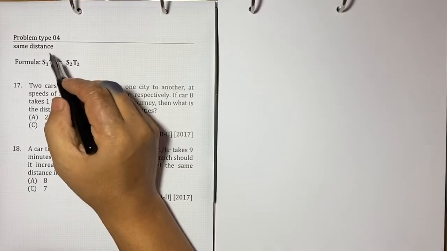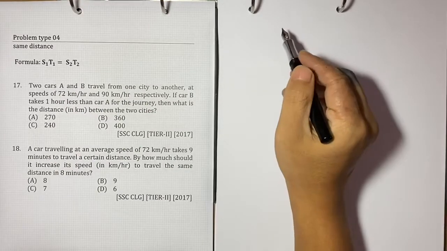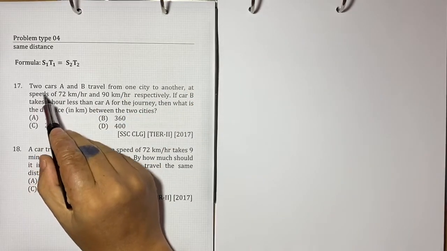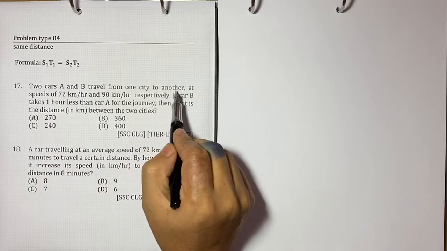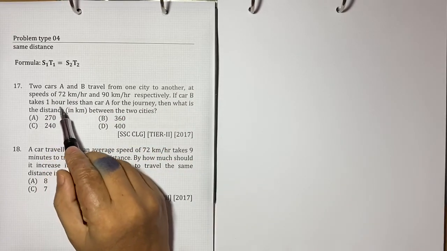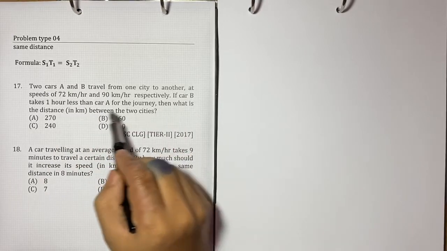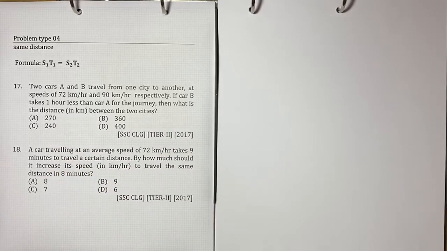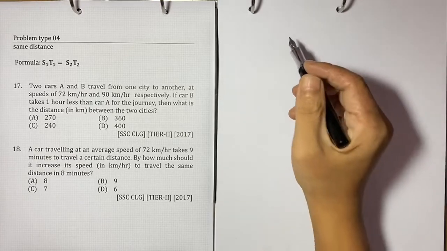Problem type for same distance. Two cars A and B travel from one city to another at the speeds given. If car B takes 1 hour less than car A for the journey, then what is the distance between the two cities? Okay,